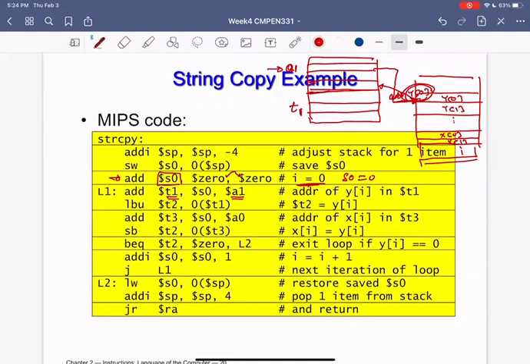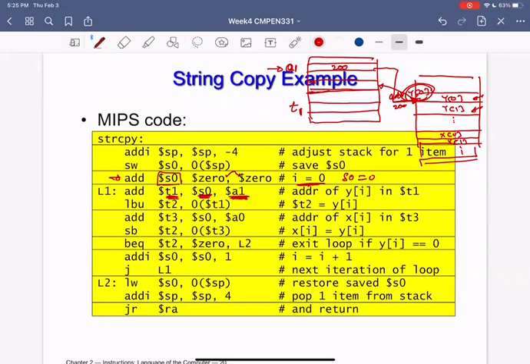And to do that, you always have to update T1 with the value that was in A1 plus the value of I. Why the value of I? Let me ask you an important question. What is the address of Y of 0? Let's say that the address of Y of 0 is 200 as an example. So this is 200. If I'm asking you what is the address of Y of 1, you know that this is just the next byte, correct? You are just counting by 1